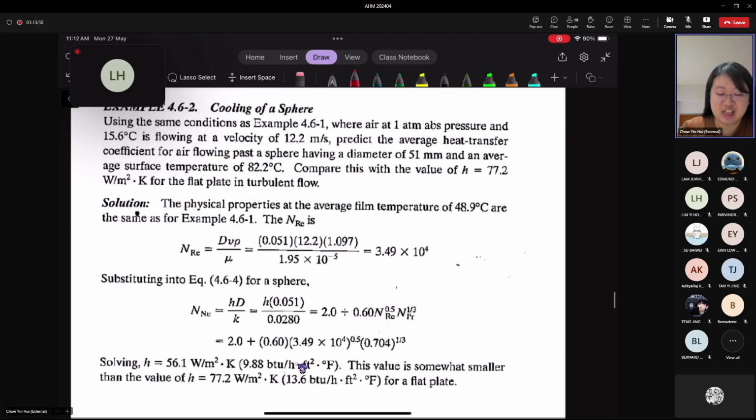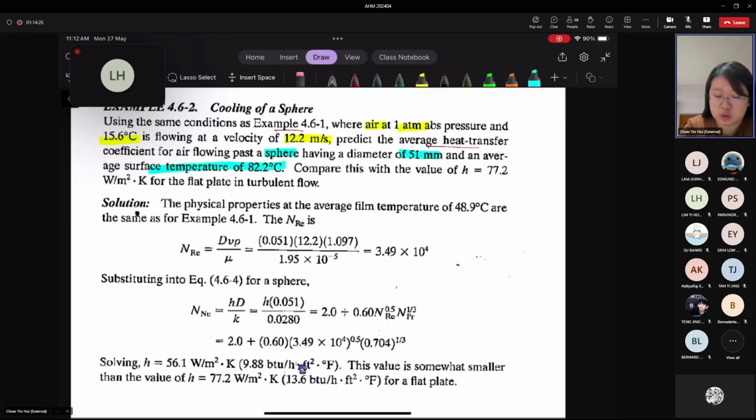Referring to the same conditions as the previous second example, the air is still at 1 atm absolute pressure and 15.6 degrees Celsius, flowing at a velocity of 12.2 meters per second. You need to find the average heat transfer coefficient for air flow past a sphere that has a diameter of 51 mm